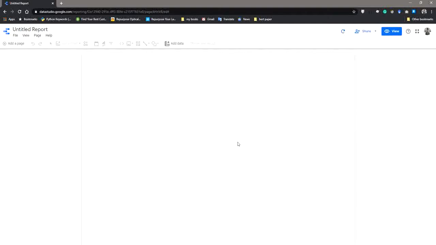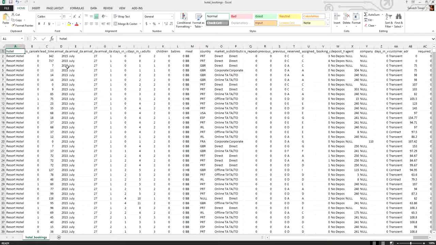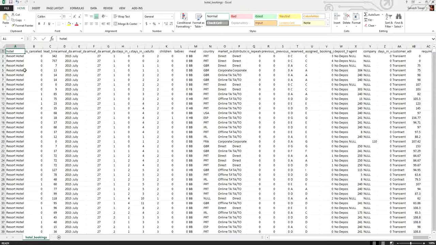First of all, we are going to import a data set. Here I am using a hotel booking demand data set from Canada. This is the actual data set which I am going to use. This data set has various features, and I'm going to explain them one by one. In the first column is the type of the hotel, whether it is a resort hotel or a city hotel. In the second column there is a column called is cancelled. If the booking has been cancelled, then a record has been generated here.